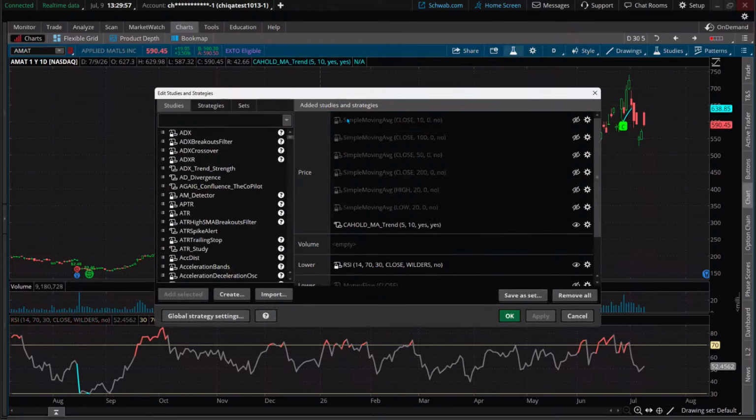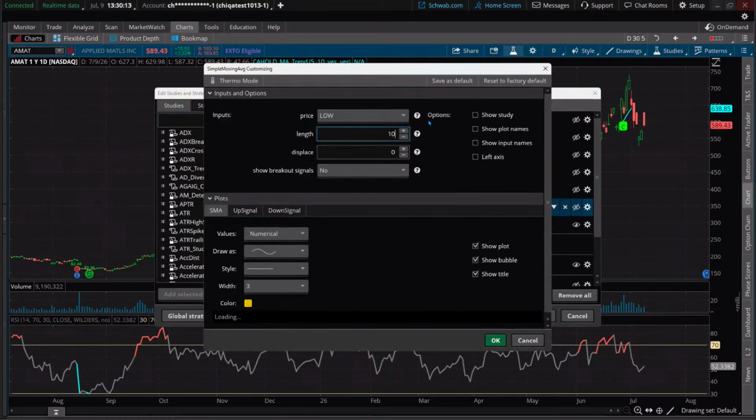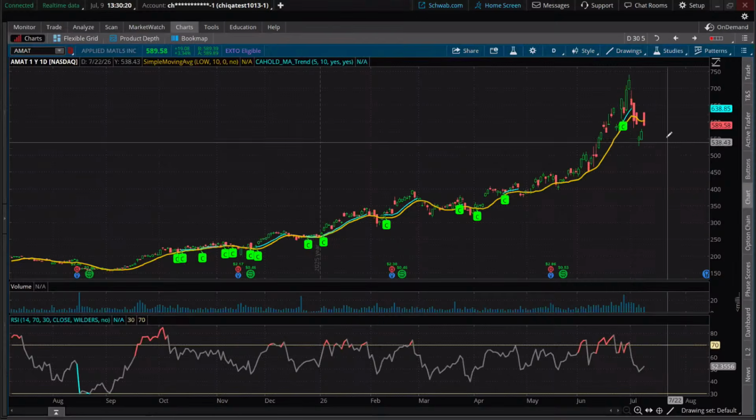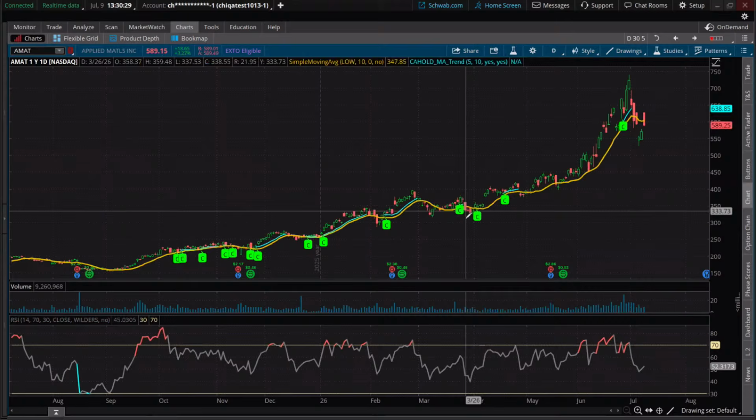The other thing I wanted to highlight here, and I mentioned it in the script, is that in order for that line to show up, you've got to be above the moving average that you're listing here. I don't think we're above the 10, and that's the problem. Look right here with me. If I flip this into a 10, where is the 10-period moving average? We're below it. That's why it's not firing this off. You have to be above the moving average as well. That's where you're getting these signals.